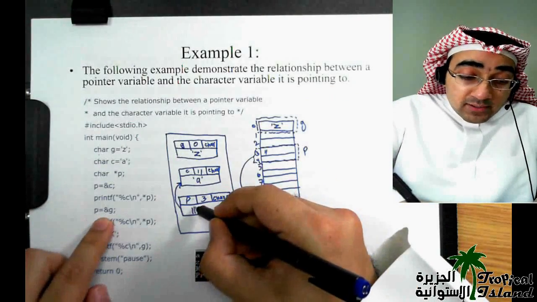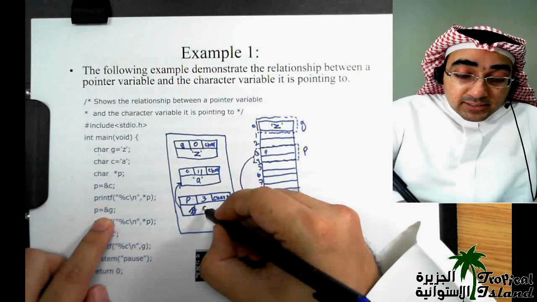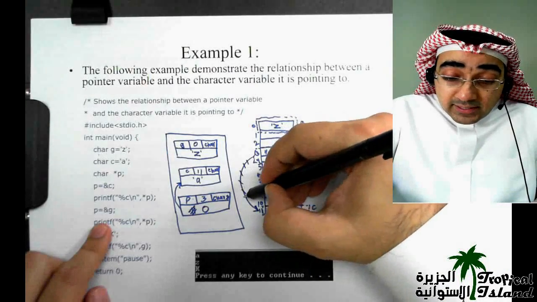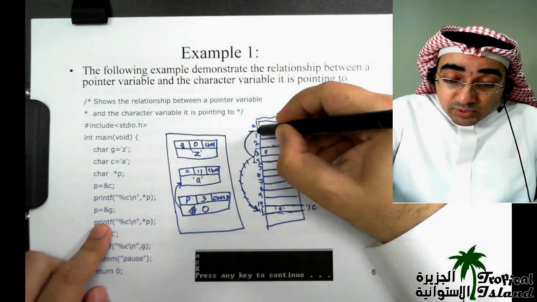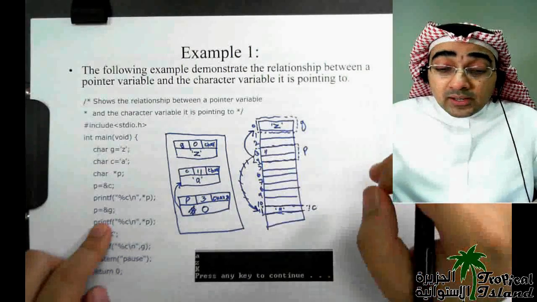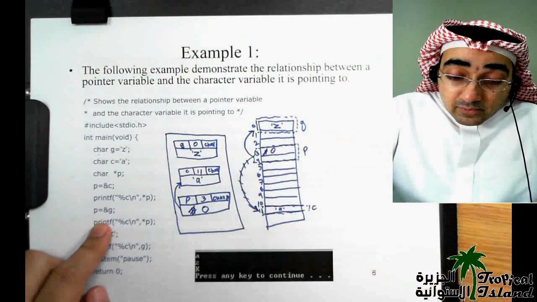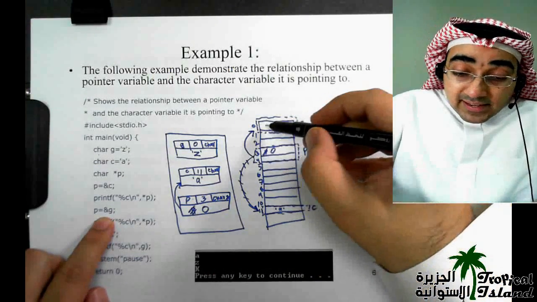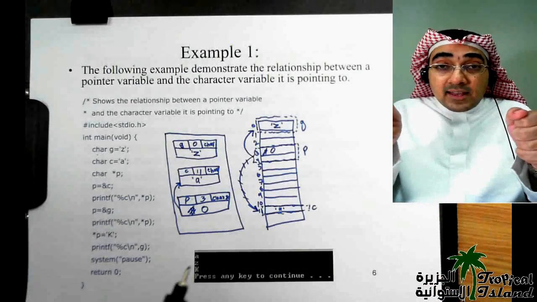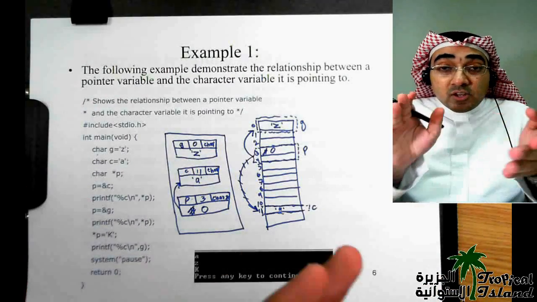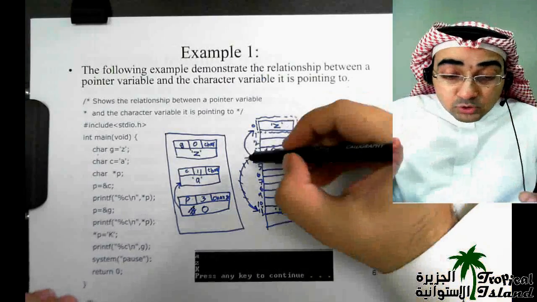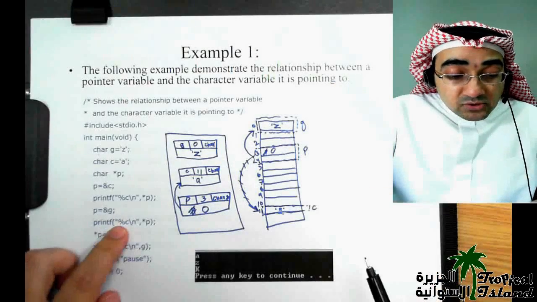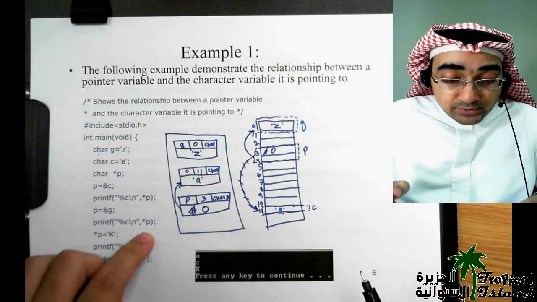So I'm going to say P is equal to, so I'm going to override this, delete this, and put 0 over here because G has the address of 0. So now equivalently, I am deleting this, and I am pointing at G. Okay, G is at 0. So my pointer variable is actually pointing at 0 now because I did this line. When I do this line, I change my pointer variable, just like the sign. I'm just shifting the sign from one place to another so that it points at the location that I want it to point. Now I want it to point at G, so I make it point at G, and